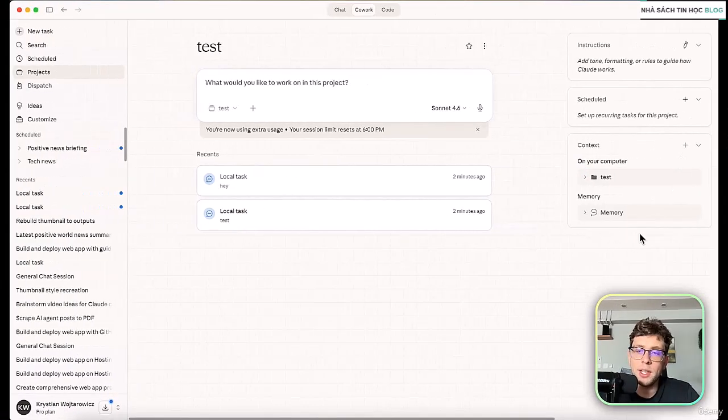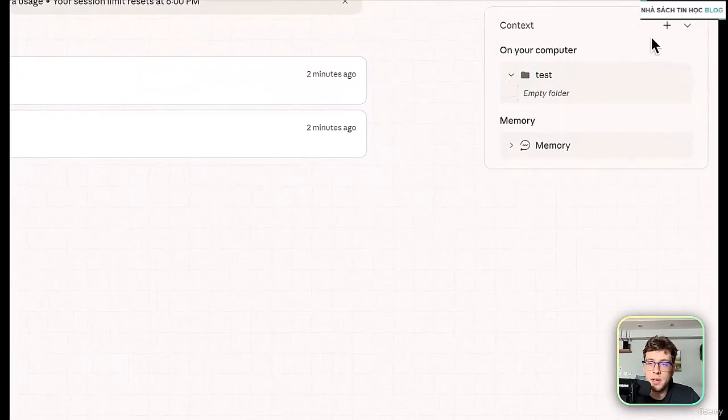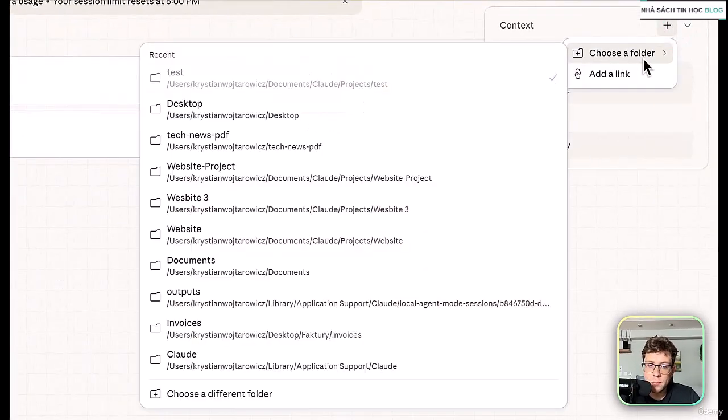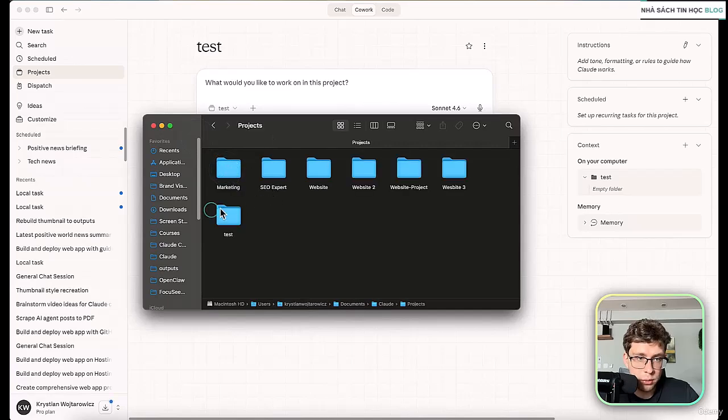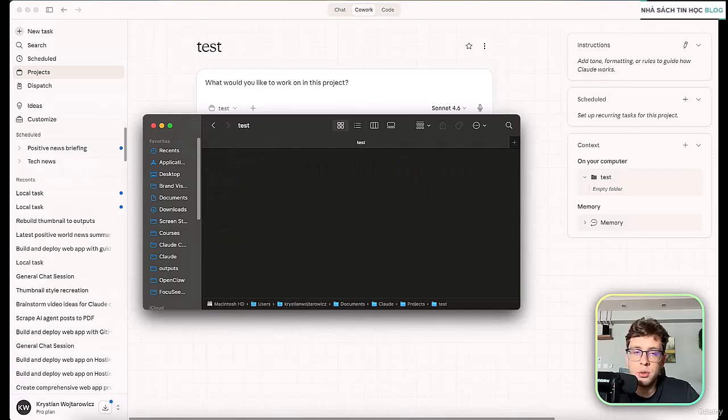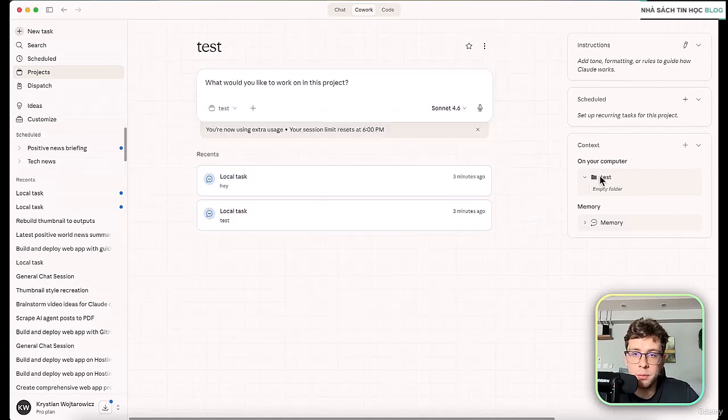If you already created a project inside Claude and you would like to add files that are gonna be accessible over all chats you ever create, you just go to the folder you specified. Also, we can go here and you can check your folder root. For now, I have this one opened. I can go here. And now what I can do, I can literally add the file right there. And it's gonna be visible right here.